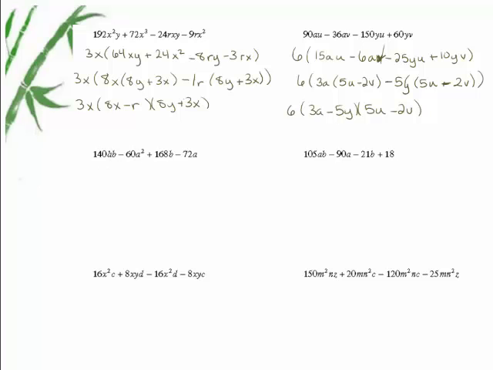From our next example, 3 of my terms have an a, but one of them doesn't, so I can't pull out an a. I have a 140, a 60, a 168, and a 72. I know they'll all divide by 2. If I divide by 2, I'm going to have a 70, a 30, an 84, and a 36, which tells me since they're all still even, I could go further and divide by 4. If I divide by 4, I'll have 35,